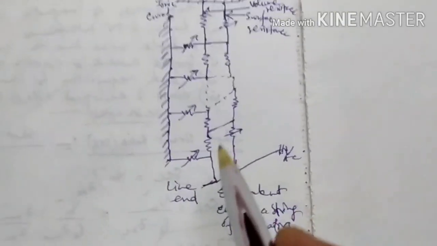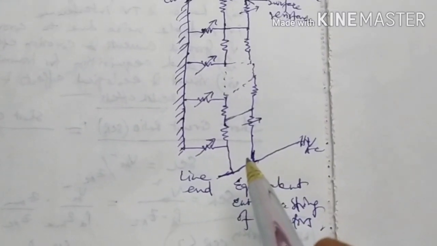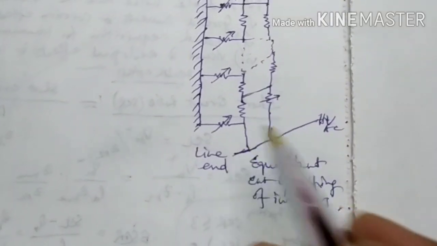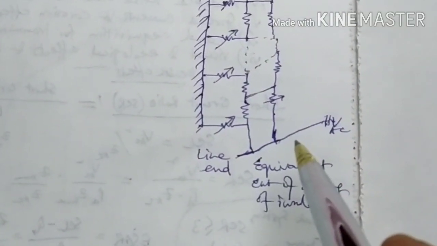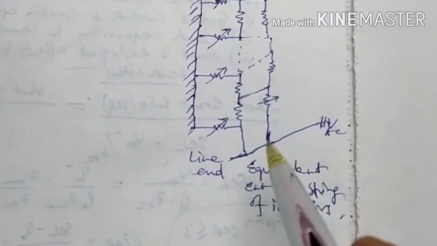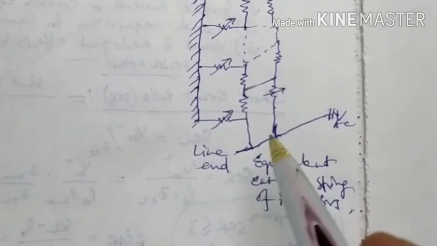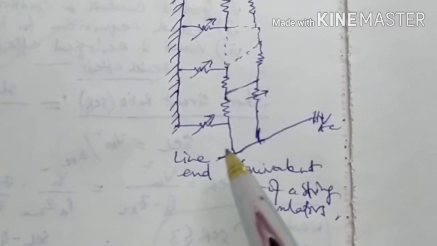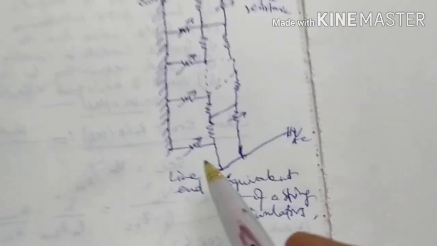So from the equivalent circuit, it is evident that in both cases, AC and DC, the voltage distribution along the string is non-uniform, and the line end insulators will have larger voltages impressed upon them. The surface resistance and resistance equivalent to ionic currents are shown as variable as they depend on surface conditions, weather conditions and pollution level.